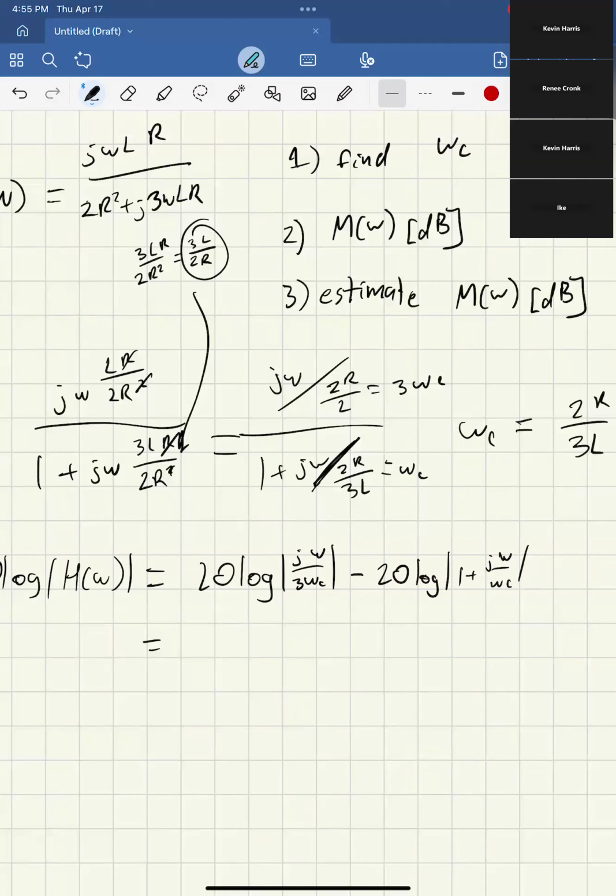So then we get 20 times the log of, this is a stupid way of doing it, but it's fine. Okay, I'll just do it like this. So this is 20 times the log of omega over 3 omega c minus 20 log